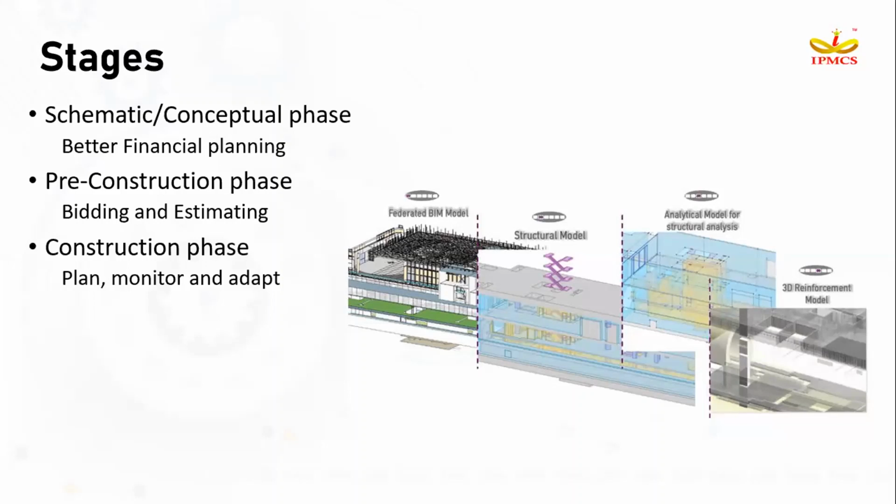Once we are strong enough with the schematic stage, we will move on to the pre-construction phase. Pre-construction phase is where we get the detailed drawings for the project and we start to prepare a tender estimate or the detailed estimate for the project. Once we have finalized the detailed estimate or the budget for the project, we move into the construction phase. In the construction phase, we have to monitor and take care of the project schedule and also the project cost. Here in I2 Costex, you can monitor your project cost, comparing your planned detailed estimate versus the actual cost.